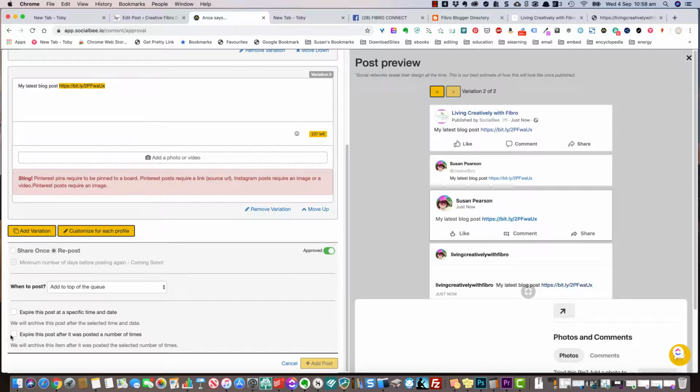Sometimes I'll choose to expire it after a certain time, and sometimes I'll actually leave it running if it's very evergreen. You can actually, then it's not showing here because obviously that's not a full blog post I put together, have more than one,